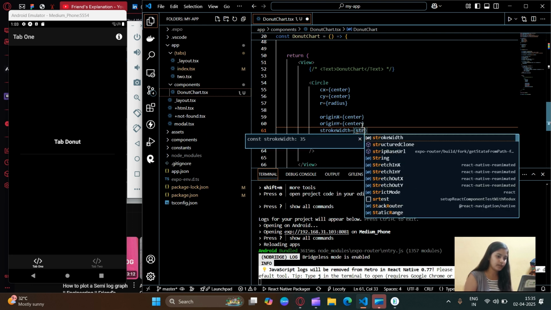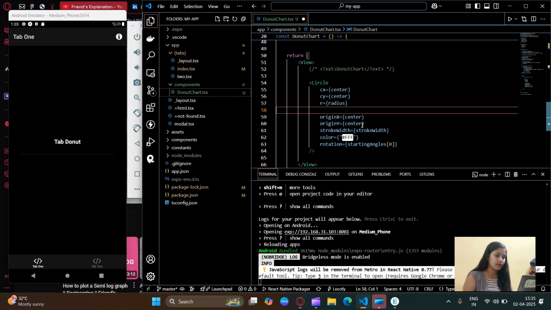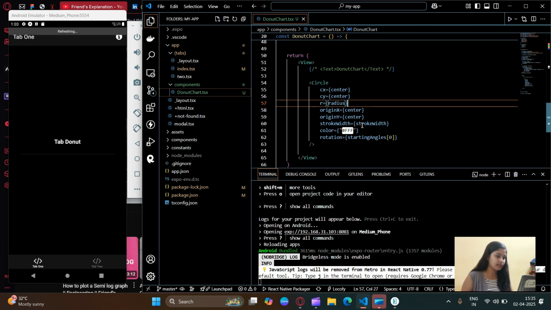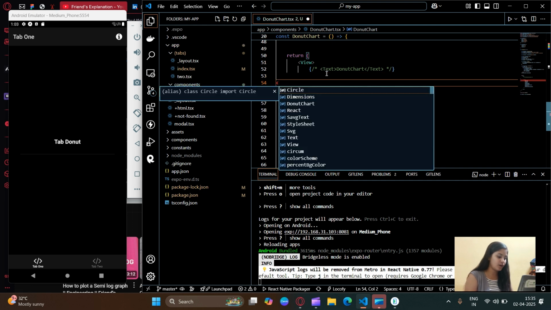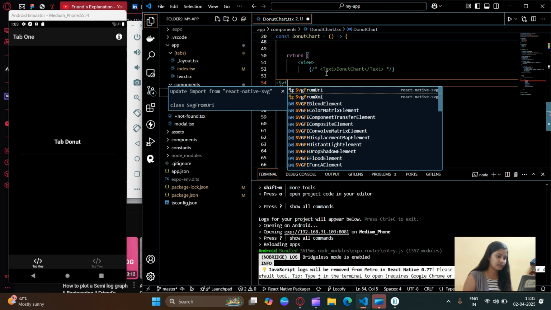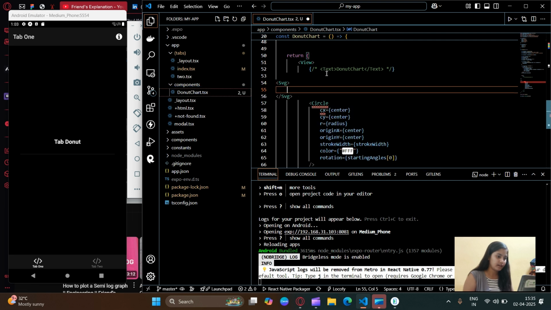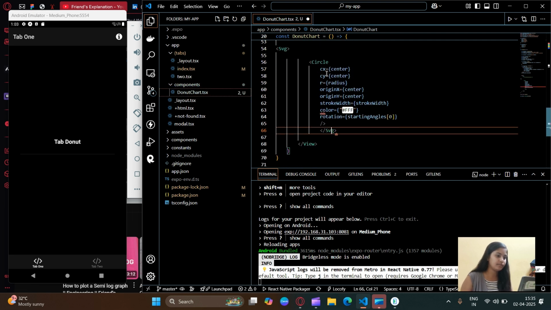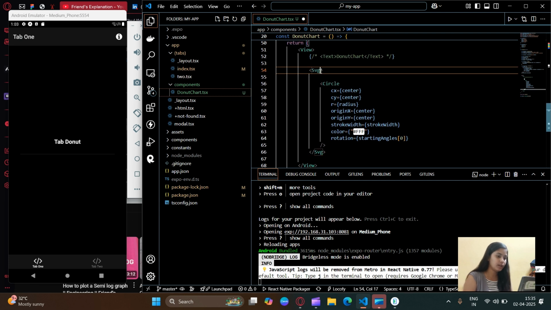Yeah, stroke width will be stroke width. And now let's save it and see, do we see it or not. So we cannot see it because it is not wrapped inside svg. So I will wrap it inside svg, and we will have three things over here, which will